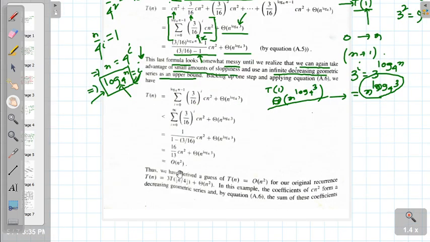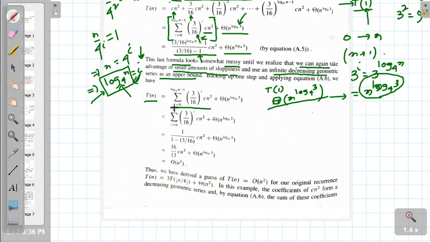You see in the next line, Tn equals this was there, and in the first step we utilized the direct formula. Now we are taking the help of this asymptotic analysis and we are writing that this is less than this